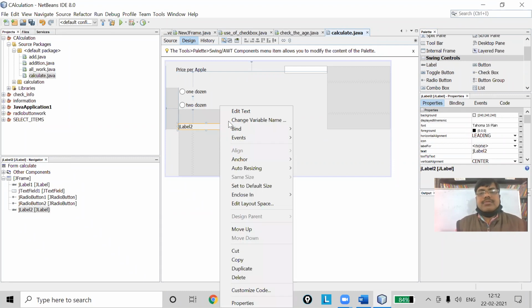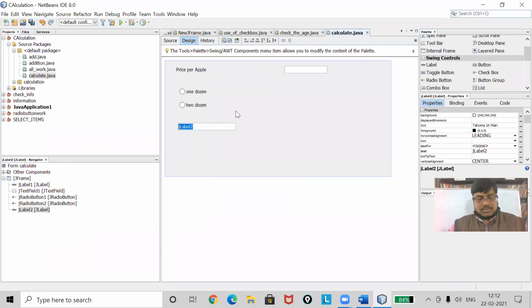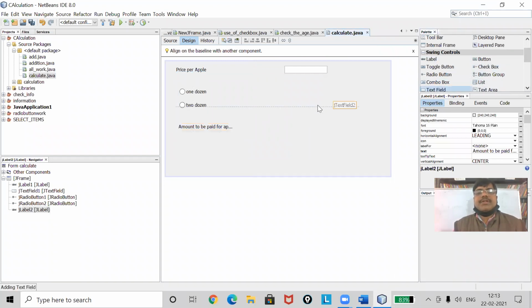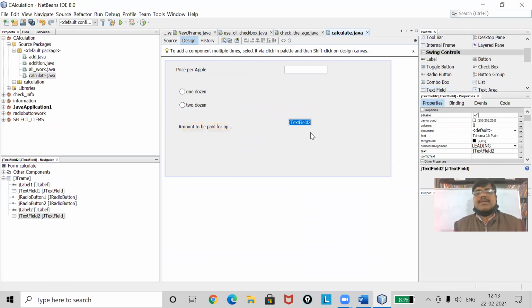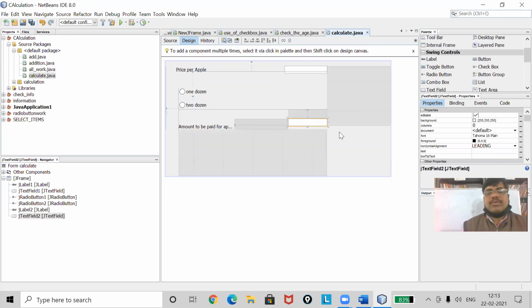Cost of amount to be paid for apples, and then the text field. Let me have this one as blank. Okay.